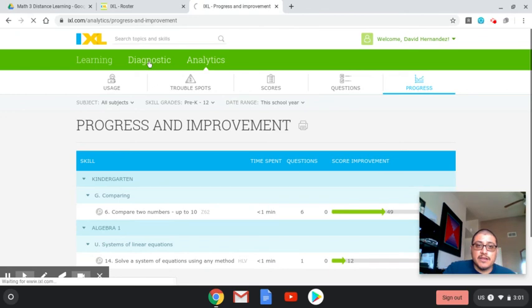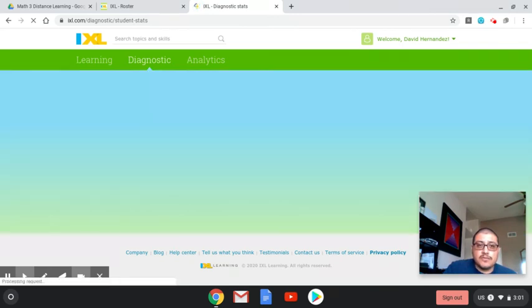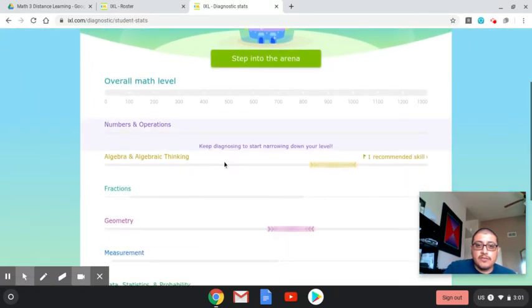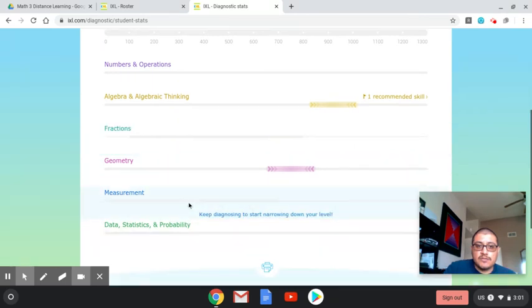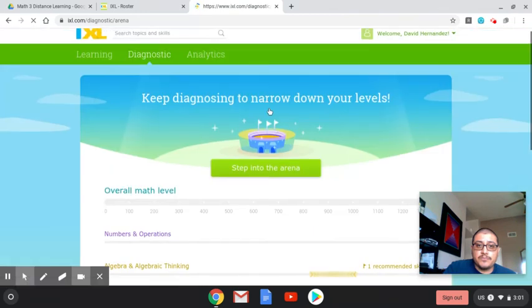That's what I would write if I was asked what skill I was doing. Okay, so let's go back to diagnostic. Let's say you run out of recommended skills or you think they're too difficult or too easy. What I would do is go to the diagnostic and step into the arena. All of these should have bars on them, just like these two. Since fractions and measurement don't have any bars, I'm going to go into the